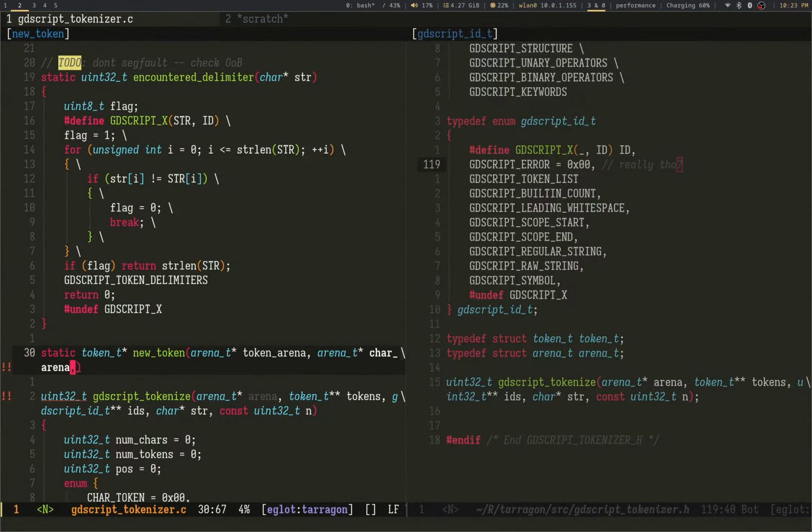Sequential. What if I made those arenas sequential? That would be hilarious.